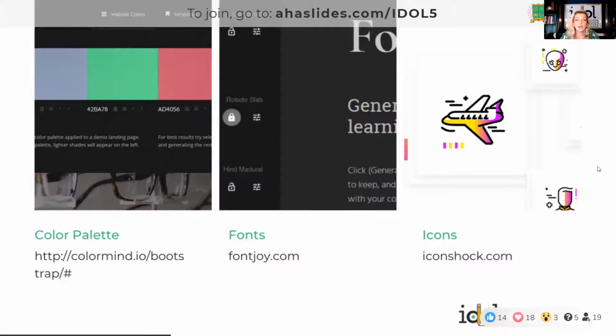And I've seen a lot of great portfolios where if they're building things just for samples for their portfolio, they do it in their own branding that they use for their portfolio, for their course assets. And so you can use your fonts not just in your website itself, but in the branding for any kind of course materials you build that are sample projects. And then Icon Shock is a place to get free packs of matching icons. And so there's also a bunch of other places to get packs that all match and things like that. But this is one that you can go to and see if you like those today.